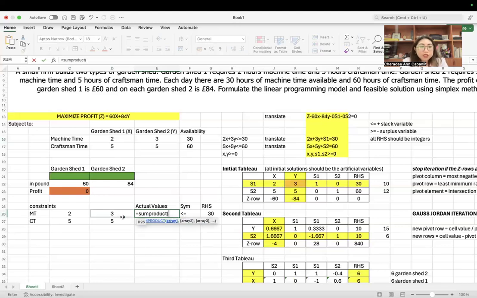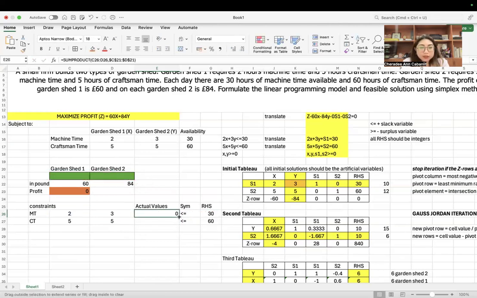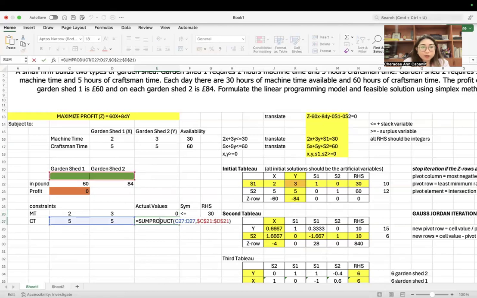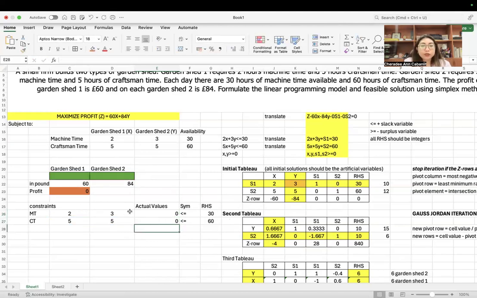Sum product of this one and whatever is the answer in your garden shed 1, depending on whatever will be provided by the Excel solver. So we can do F4 on that. We can fix that so that it will be copied by the second part. Okay, so sum product, fix answers on the garden shed.